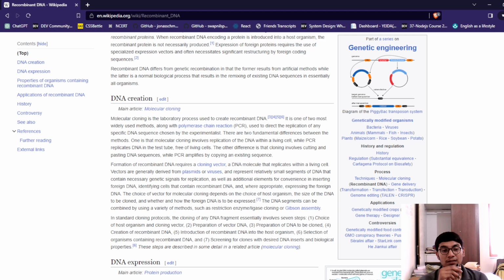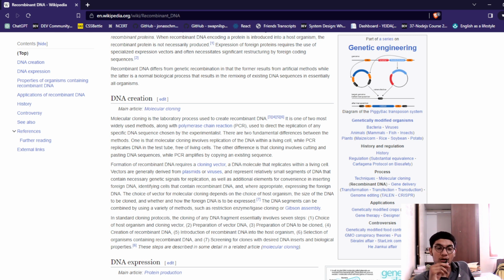The other difference is that cloning involves cutting and pasting DNA sequences, while PCR amplifies by copying an existing sequence. Formation of recombinant DNA requires a cloning vector, a DNA molecule that replicates within a living cell. Vectors are generally derived from plasmids or viruses and represent a relatively small segment of DNA that contains the necessary genetic signals for replication, as well as additional elements for convenience in inserting foreign DNA, identifying cells that contain recombinant DNA, and, where appropriate, expressing the foreign DNA. The choice of vector for molecular cloning depends on the choice of host organism,